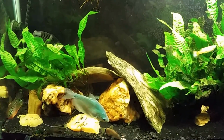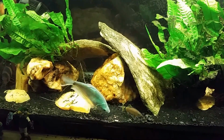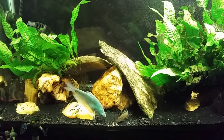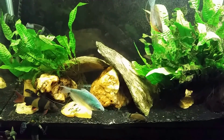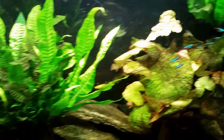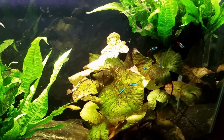And I do have another smaller Moonlight Gourami in here. This one I know is female. Not sure about the other one. I'm pretty sure it's female, but you never know. As it grows, it might wind up being a male after all. But I'm pretty sure I've just got 2 of the female Moonlight Gouramis, so not really much hope for any kind of excitement there. And then of course I'm still happy to say that I've got a lot of neons